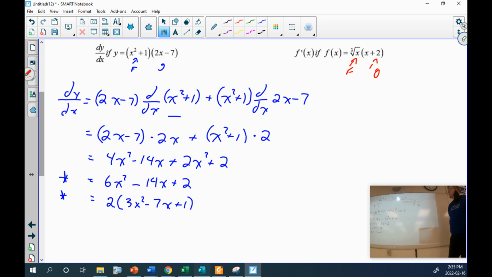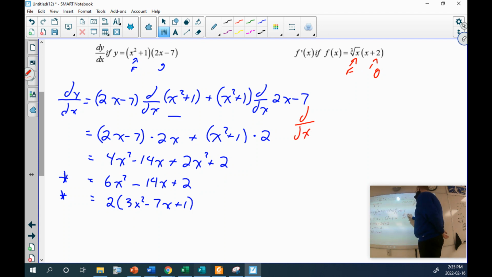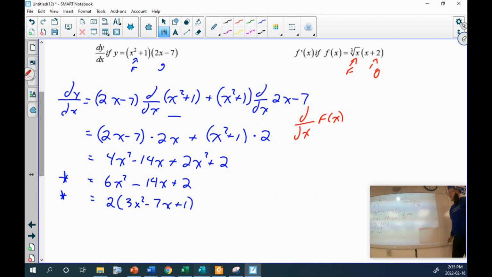Again, can I multiply that out to start with? Yes, I can. Okay. But I don't want to. I want to get into the habit of using this. Now, I'm going to be a little bit annoying because I'm going to mix up both Leibniz and the Newtonian notation for this. But we have